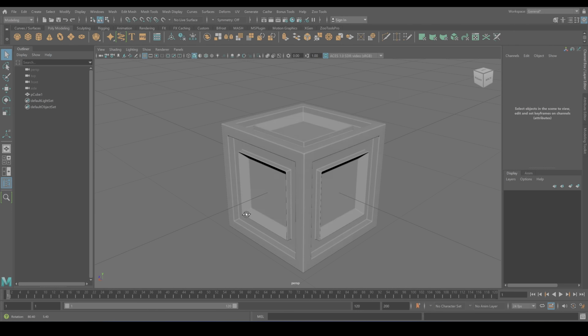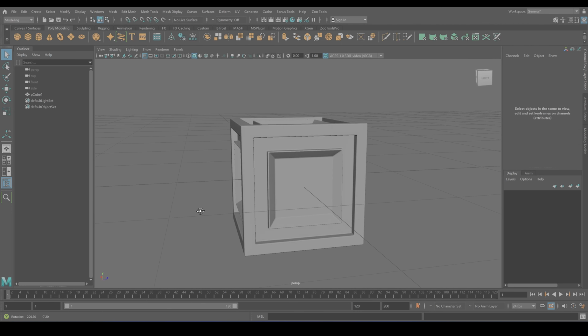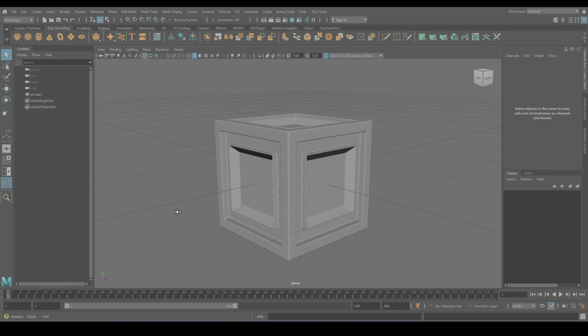And now you see we have a Sapphire crate. With just extrude and bevel, you can see how we have turned something rather basic into something visually interesting.